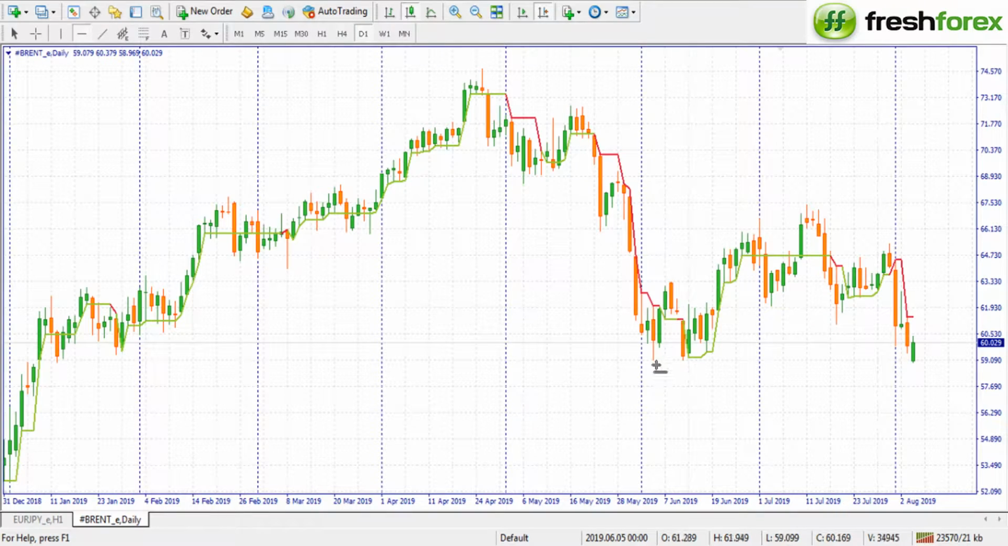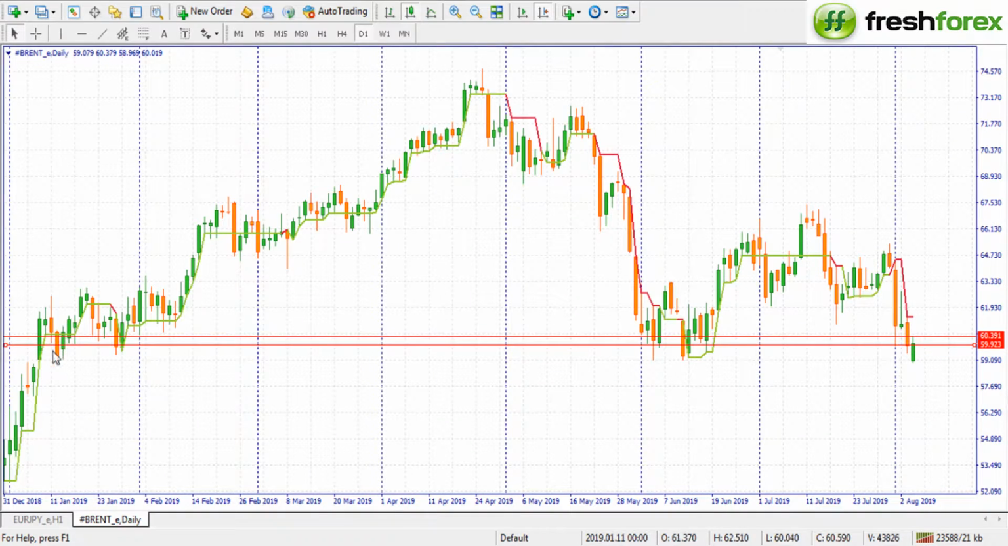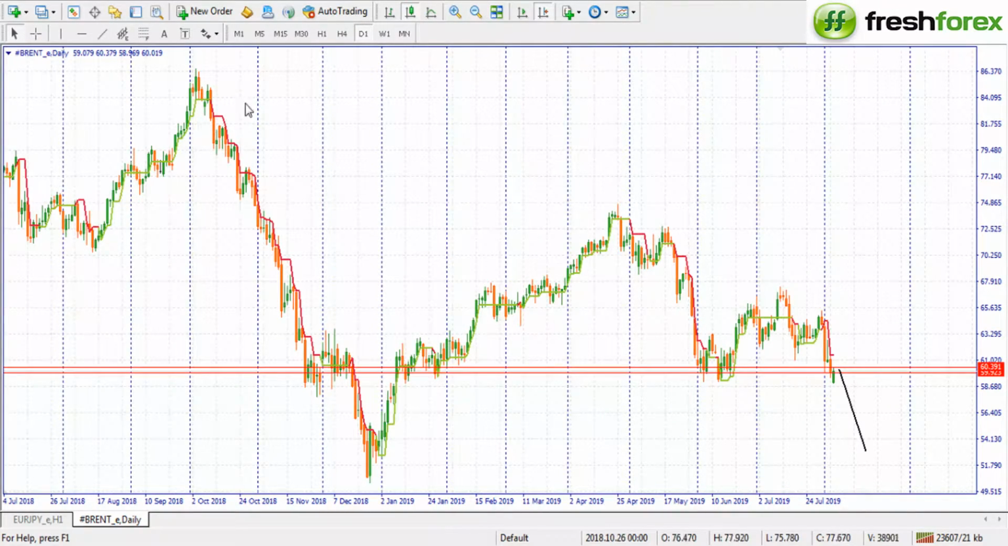Brent oil is still a very, very good sell. As long as price remains below the zone which I'm drawing, you should expect sellers to dominate this market. So while the price is being held below this zone, 60.391, 59.923, expect a sell up to the next level. So this is a sell, a very good sell, but only up to the support